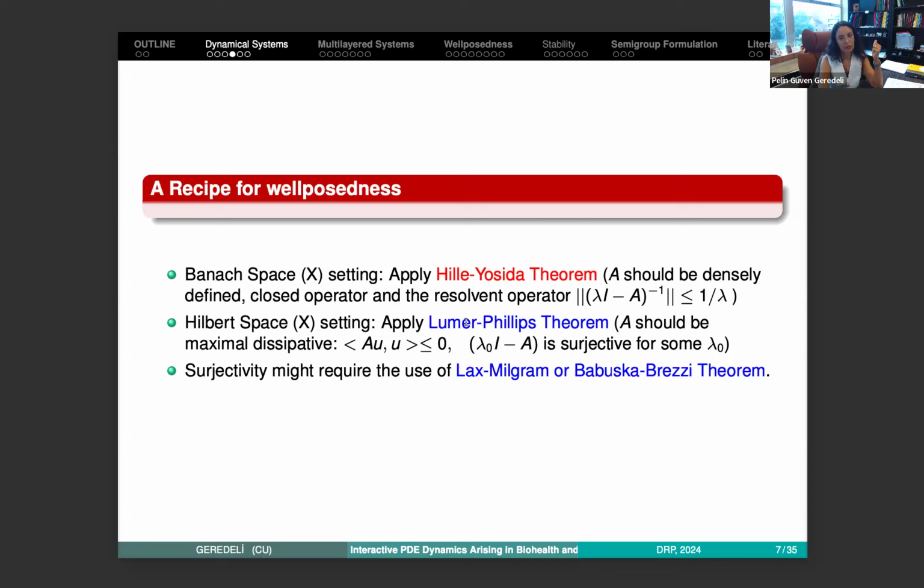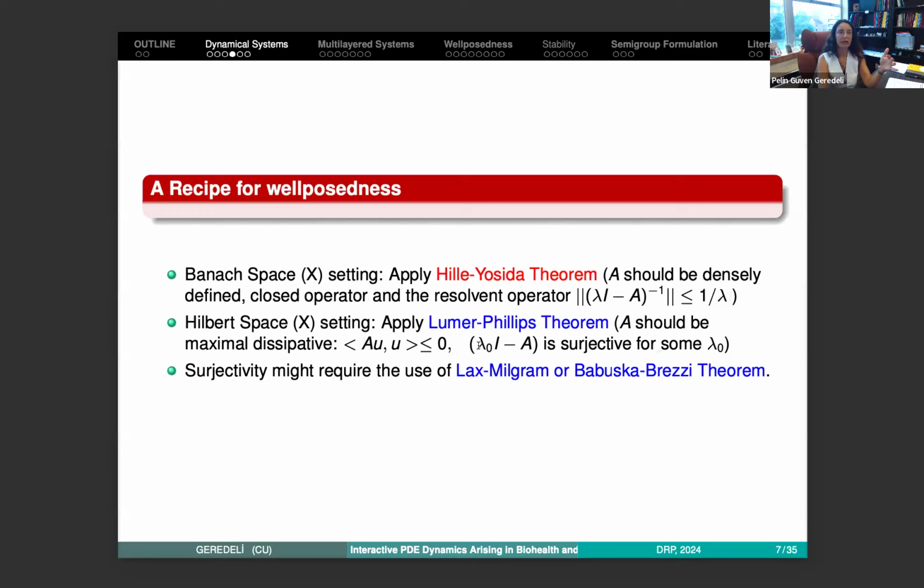In Lumer-Phillips, for example, this second one is the one mostly we use in our models. In order to use this theorem, we have to prove that A is maximal dissipative, which means that A should satisfy this kind of estimate where these brackets represent the inner product. And also this operator should be surjective for some lambda 0. And generally in the proofs, the first part is relatively easier, not too easy, but compared to the second one, this is easier. The main problem is to prove this operator is surjective,